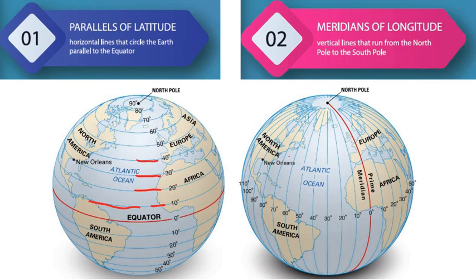degree, 40 degree. Similarly, we have also considered the meridians of longitude, which are basically vertical lines that run from the North Pole to South Pole. See here, this is the 10 degree meridian, another 20 degree, 30 degree. Now here we have on both sides of the 0 degree, which is the prime meridian, the east side as well as the west side. So here also 20 degree, 30 degree. Okay, so basically the difference is the same, 10 degree, here 20, again 10 degree, and so on and so